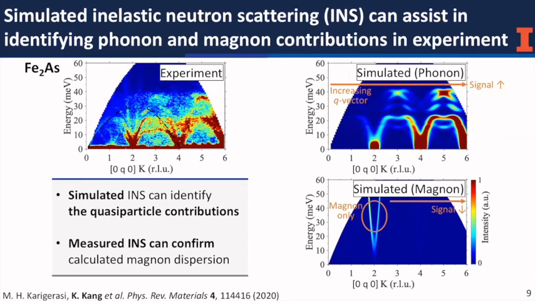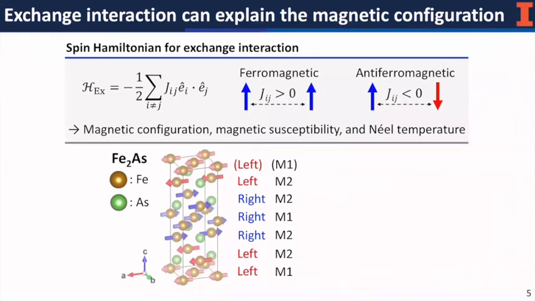Tight binding model? No. Here we solve the classical spin Hamiltonian. So we built the spin Hamiltonian here. Here is only part of the interactions. It only includes the Heisenberg exchange interactions, but it also includes the anisotropy energies. By solving that, we can extract the magnon band structure. So yeah, it is not the tight binding model.